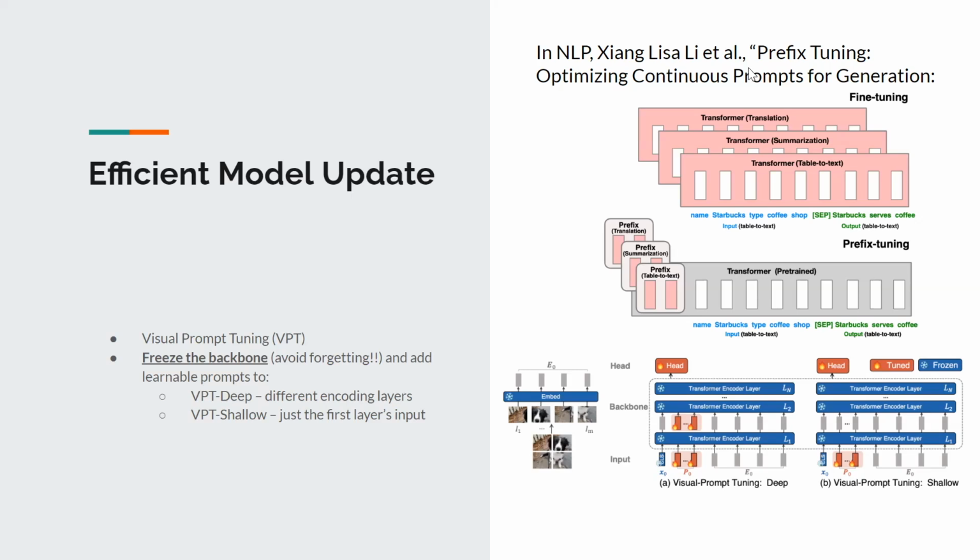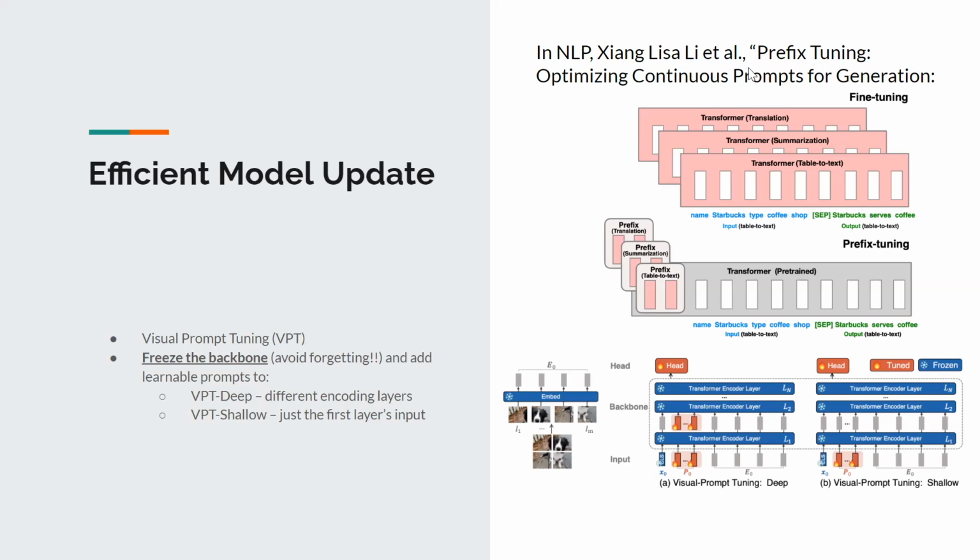So here's where computer vision and NLP sort of differ a little bit. When they do prompt tuning, they cannot really beat full fine tuning very consistently. But what our work found for CV tasks is that it actually beat full fine tuning quite consistently. Okay, and I'll come to that in a minute.